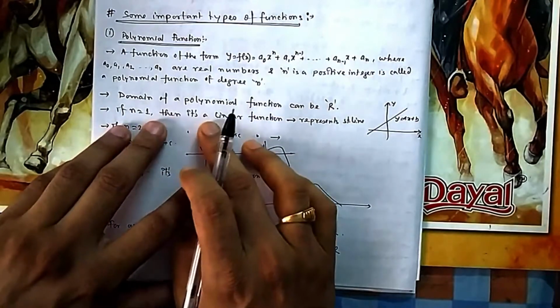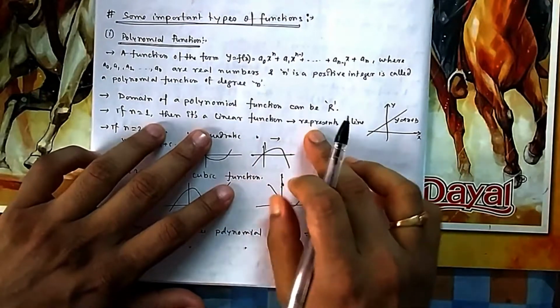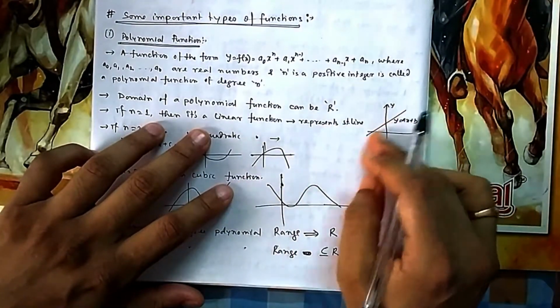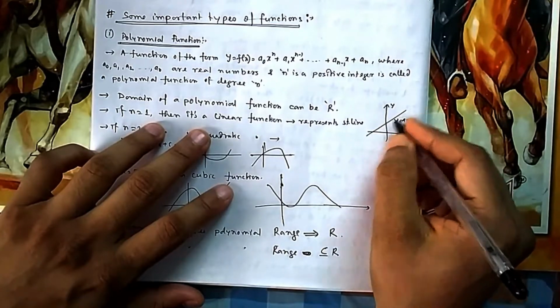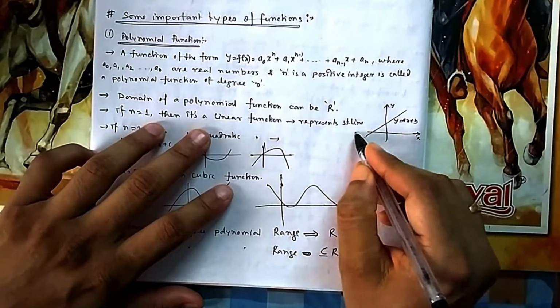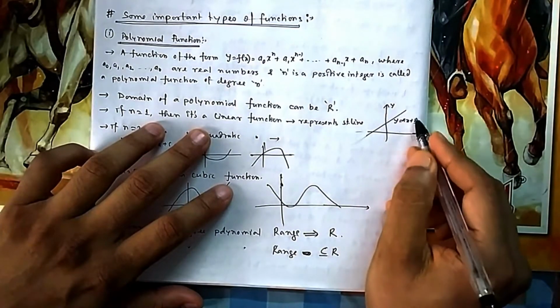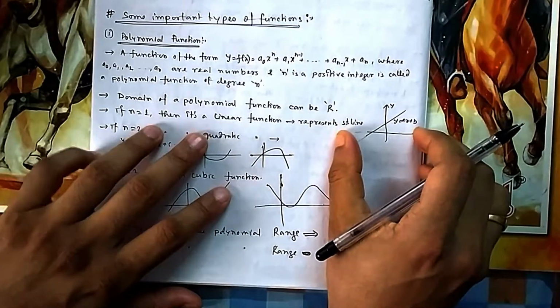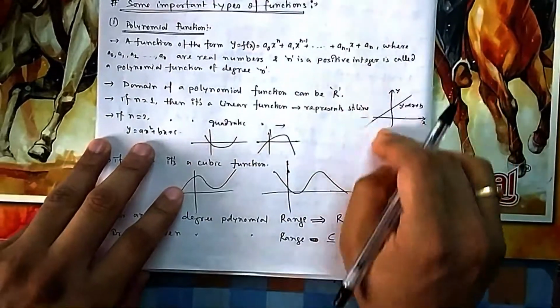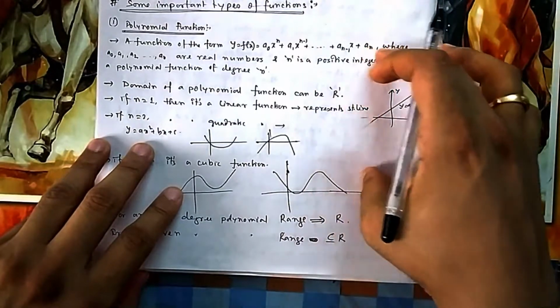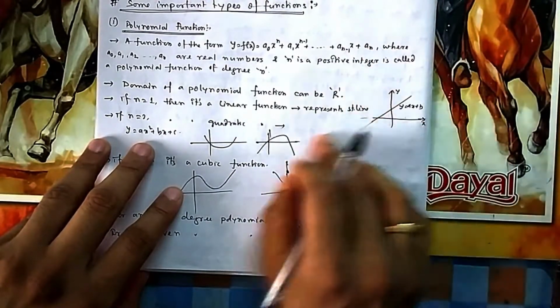If n is equal to 1, then it's known as a linear function or linear polynomial, which is represented by a straight line. You have already seen y equal to mx plus b; this represents a straight line. So you can see here, you can put any x, you can find the corresponding y. So all x are possible for you. For y, we have to think how much of the axis it is covering, the range. We will see this one.